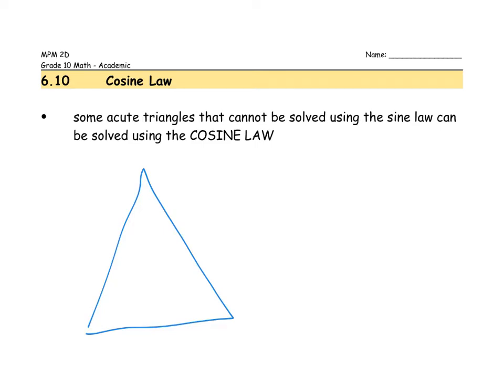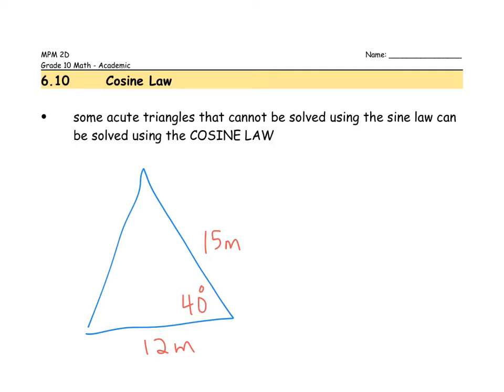Let's say I had that one of the angles was, I'm just arbitrarily choosing 40 degrees. And let's say I had two of the sides, but these were the sides that I had. Let's say I had one that was 12 meters, and I had this side over here that was 15 meters. And so, I would encourage you to pause the video and see if you can solve this using the sine